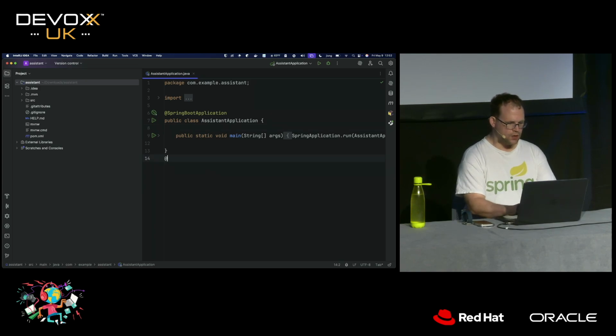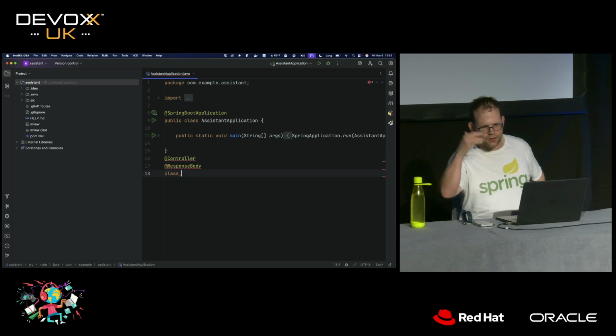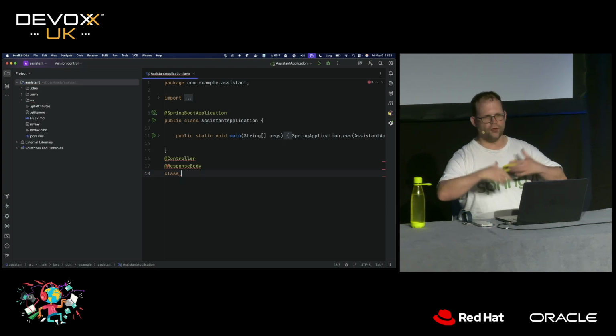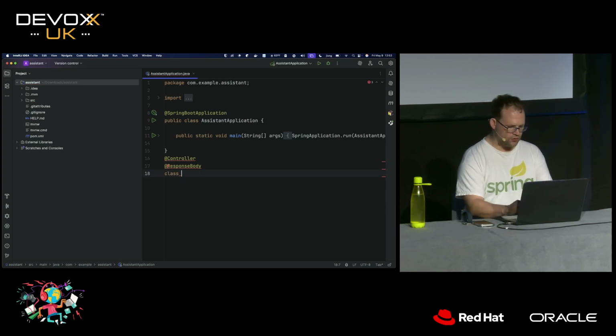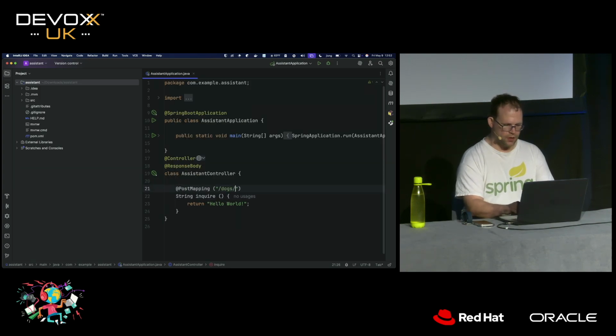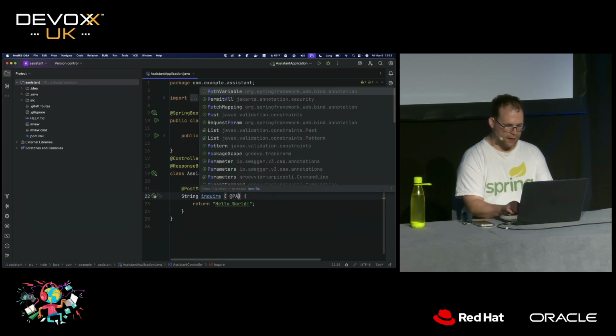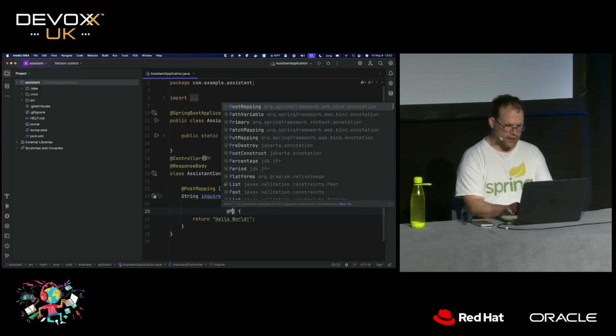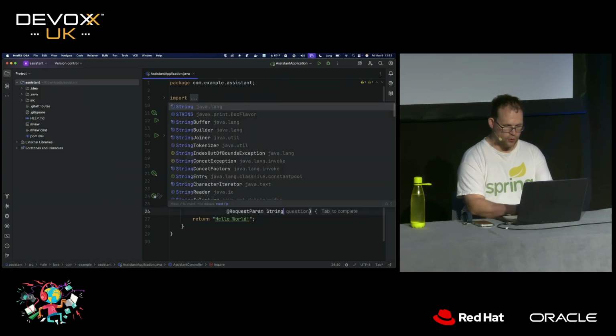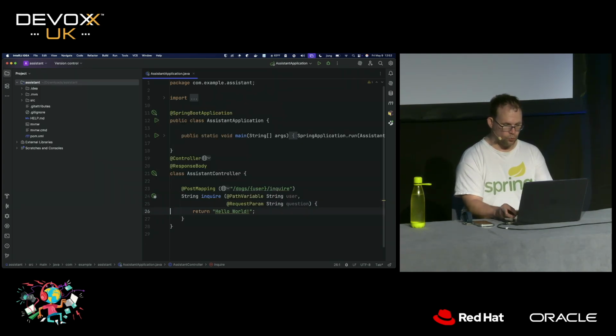This is our assistant. We're going to build a simple HTTP controller that answers questions about the dogs in the database, right? This is sort of like when you go to the shelter and you want to talk to the people that run the shelter, you want somebody to answer your questions about the dogs and their past and all that. So we can have an AI-powered assistant to help with that effort, okay? Dogs, and then we'll have a user context, and we'll have a method here called inquire. And we'll have the path variable, the string username, and then we'll have the request param, which is actually the question being asked by the would-be dog owner.